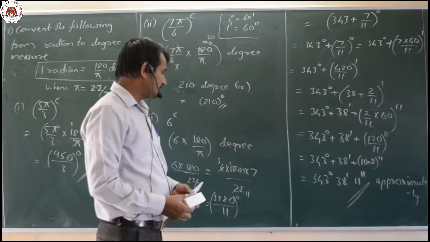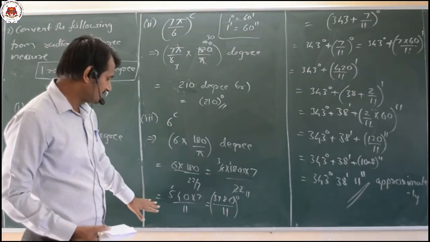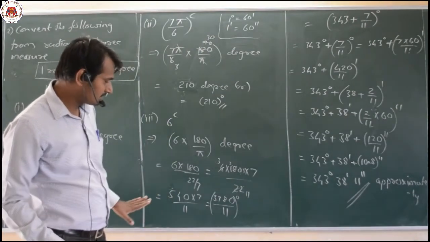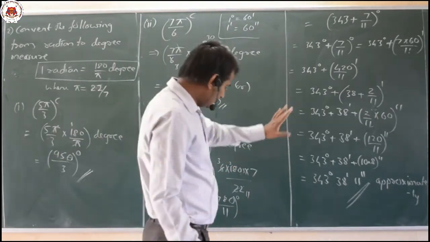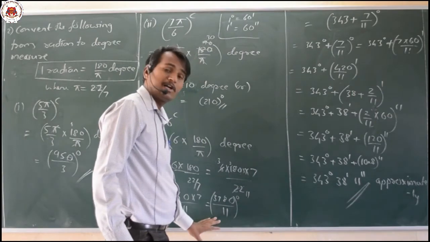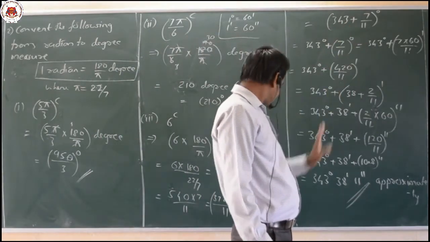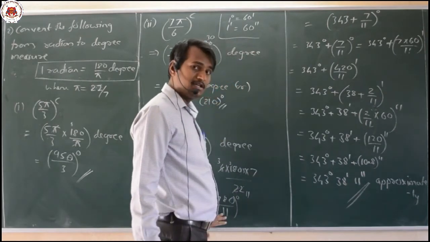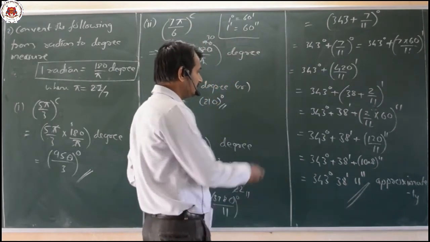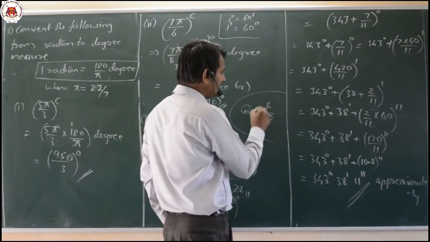So this problem is very simple and good problem also, and standard problem. So what we are doing here is very simple. Now since it is a degree, here the problem was over, but we should not write in terms of decimal points. So therefore what we are doing here is we have to divide it. Okay, we have to divide it, then we have to make use of the formula, that is quotient plus remainder by divisor, that is quotient plus remainder by divisor.